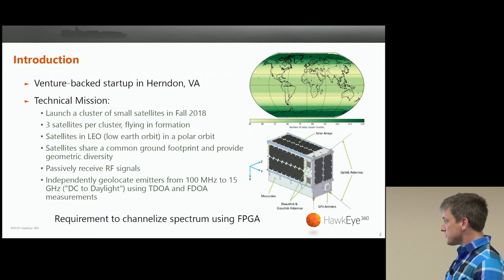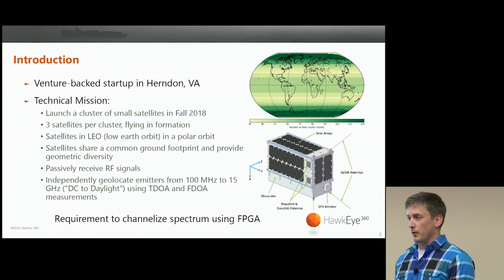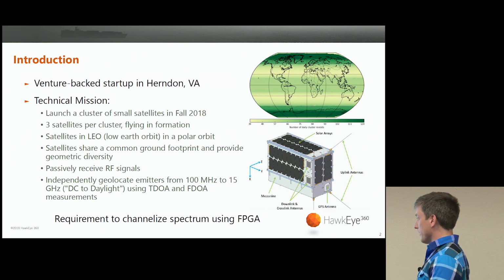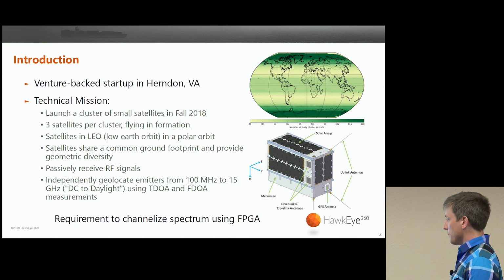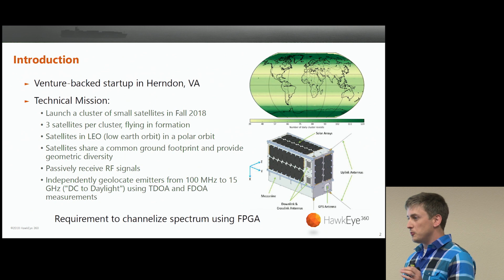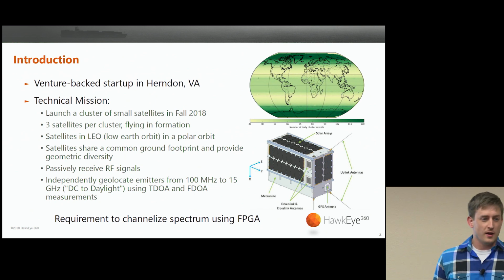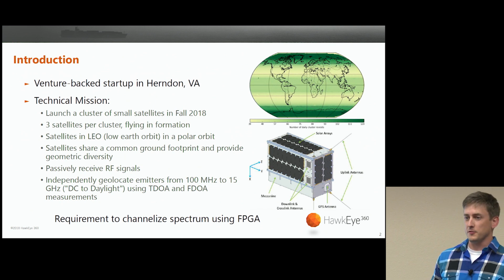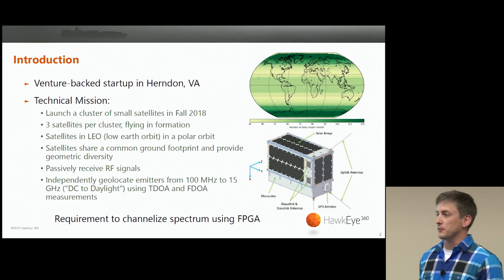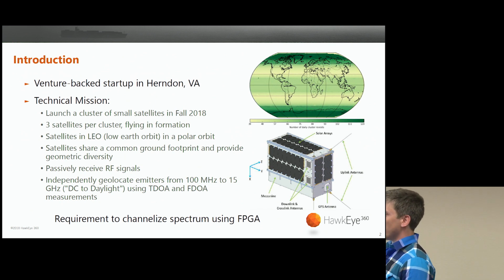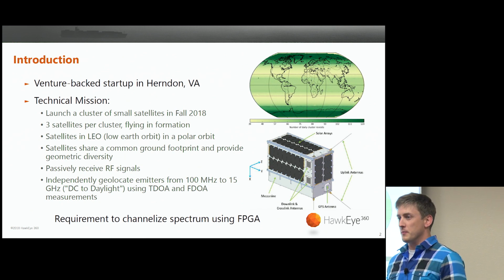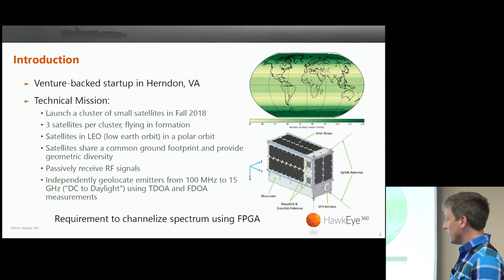And we have a lot of spectrum. So 100 megahertz to 15 gigahertz. We have a couple front ends on our radio, which I'll talk about tomorrow. But we're in space, so in order to actually do anything, we have to collect this data, and as everyone's RF engineers here, you can imagine, it's a lot of data, and we have to figure out how to best handle that. So it's very important to us from an infrastructure standpoint to be able to channelize